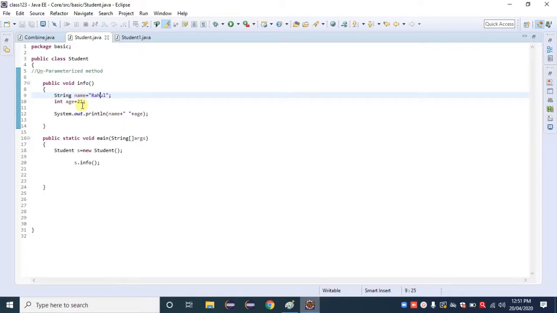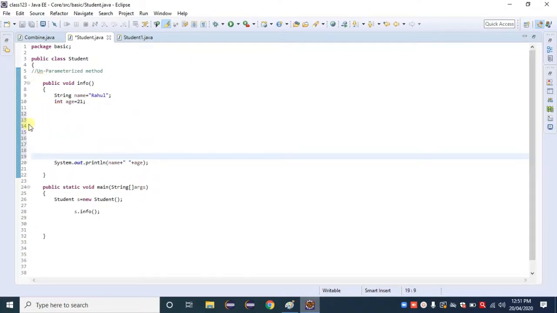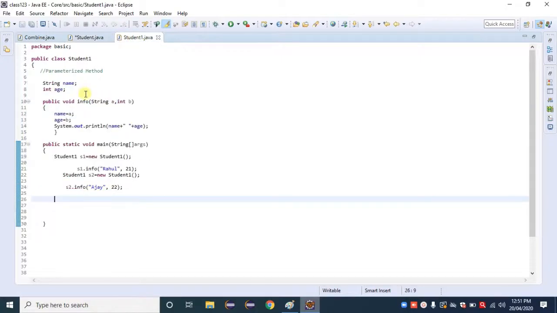If I have another student's values, I need to type them here. Suppose I have 1000 students' data, I need to pass each and every student's name and age inside it. What happens? The length of the program increases. So instead of that, we follow a parameterized method.